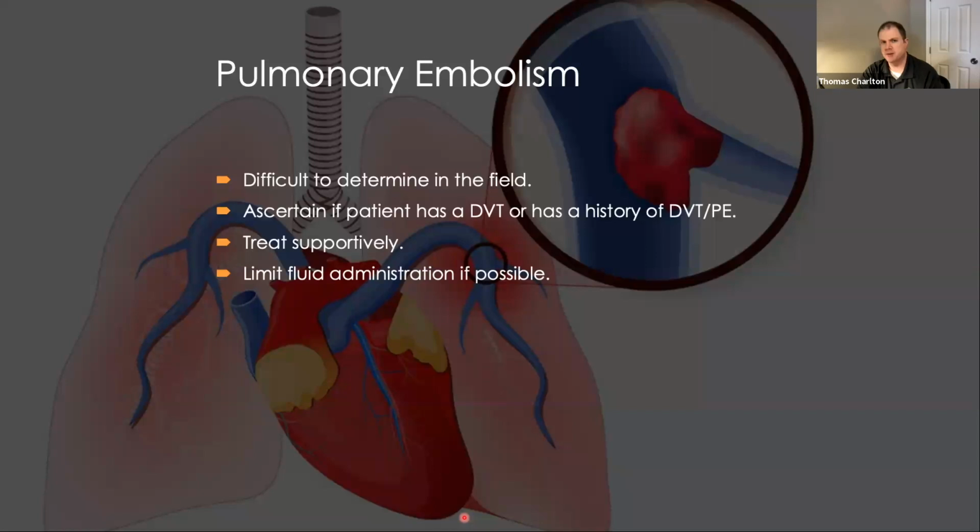It's difficult for us to determine whether or not somebody's having a PE in the field, but at the same time, it's also difficult for us at the hospital, frankly. It's important to determine whether or not the person has a DVT, or if they've got a previous history of DVT or PE. Really, the only thing we can do is treat them supportively. If they're hypoxic,